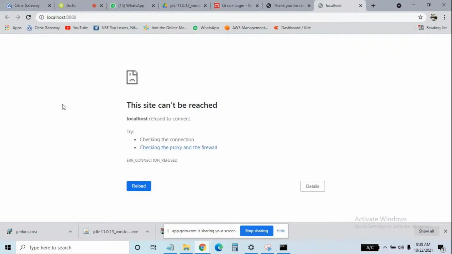It's not coming. Do you have any firewall enabled on your laptop? Can you check? The firewall is showing there. Can you click on that small icon, the first tab?